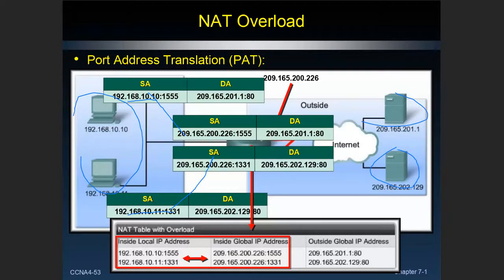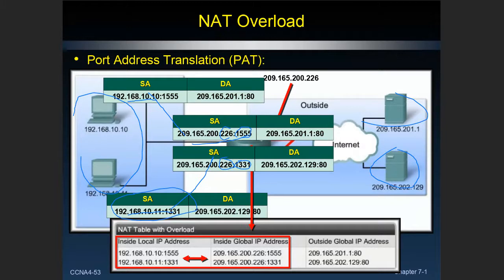Then notice they both have the same exact IP address. How do we tell them apart when we come back? They have unique port numbers. So the port numbers allow us to differentiate these 2 different machines from each other. So, 65,000 possible different values here, so we can easily do this. Then when the information is transmitted to the outside world, he'll think I have this address, not this address.